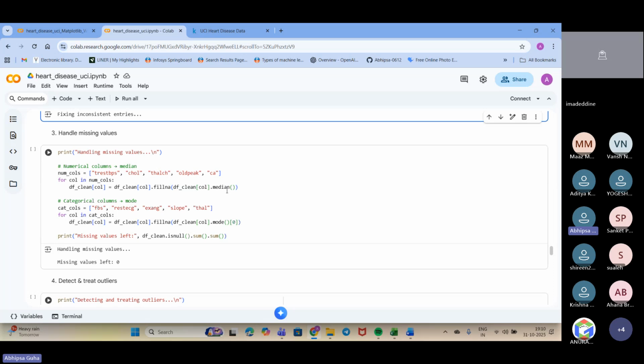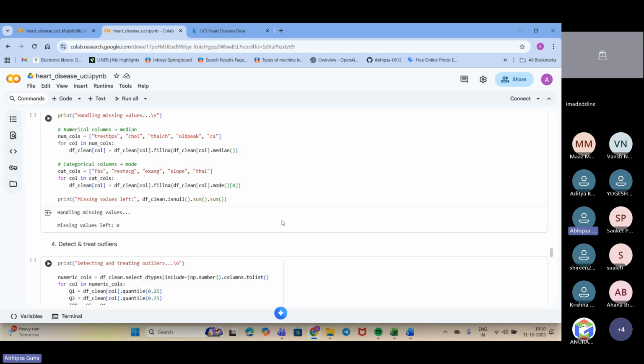Okay. Next, going down to the categorical values. We have categorical values for FBS, RESTECG, EXANG, that is exercise induced angina, then slope and thal, that is thalassemia type.